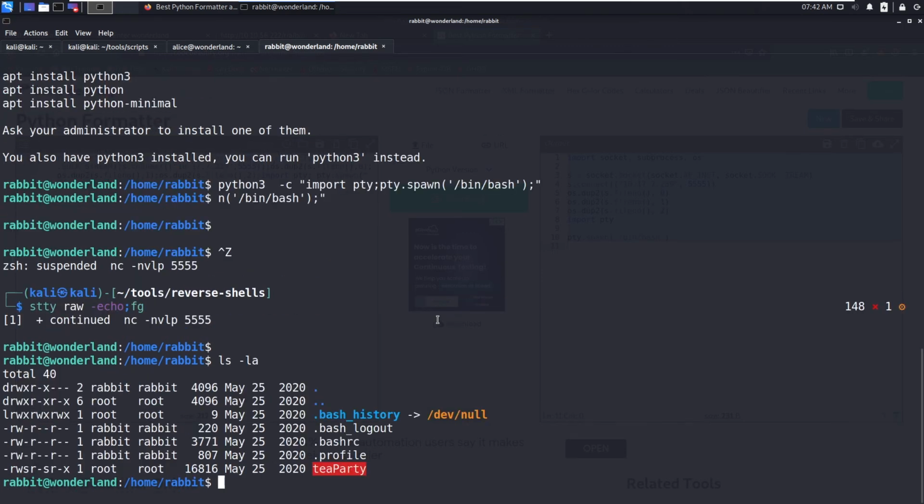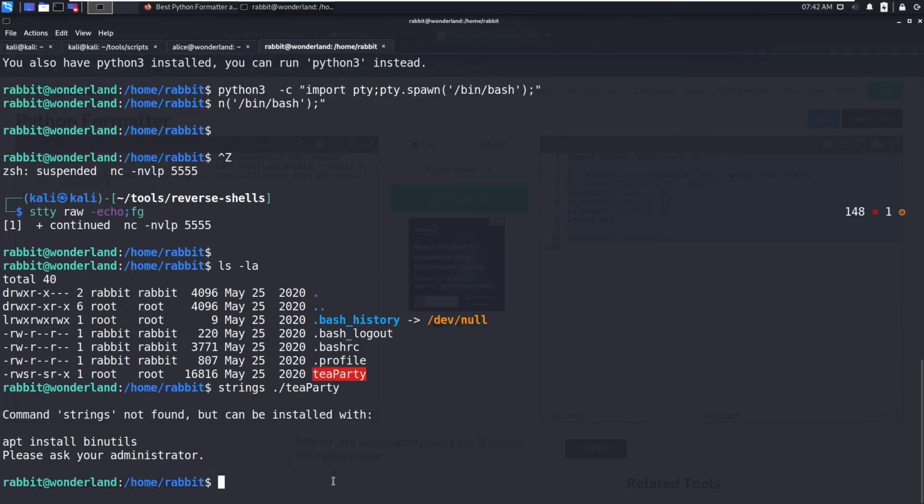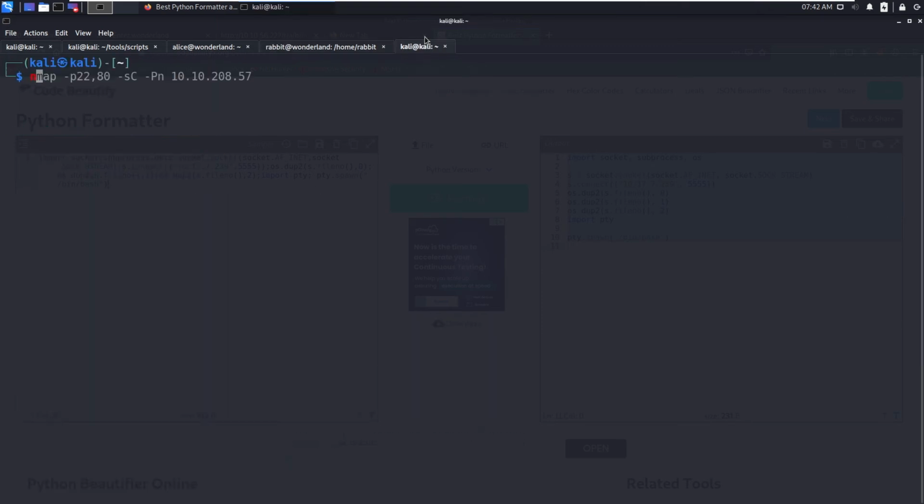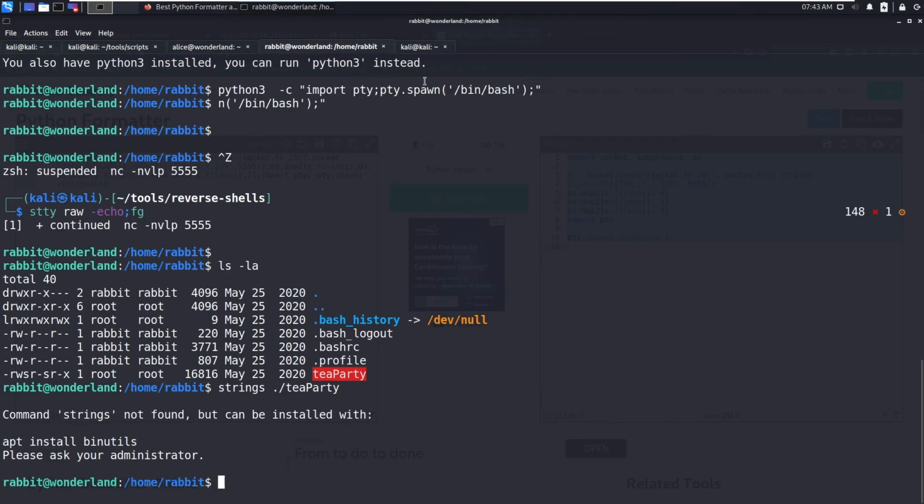So this is the teaParty. Let's run strings. So strings has not been installed. So what you want to do is transfer our binary to our Kali machine so that we can apply strings there.